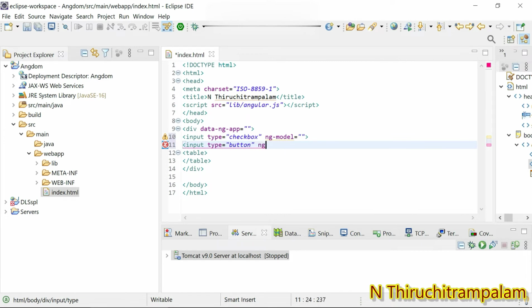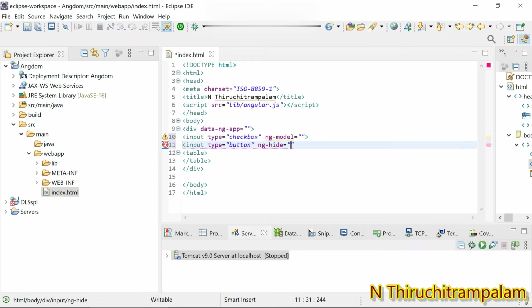And then here what I'm going to do, ng-hide. That's a directive used to bind the application data to the attributes of HTML DOM element. Here I use the ng-hide as an attribute, and I'm going to assign the value.